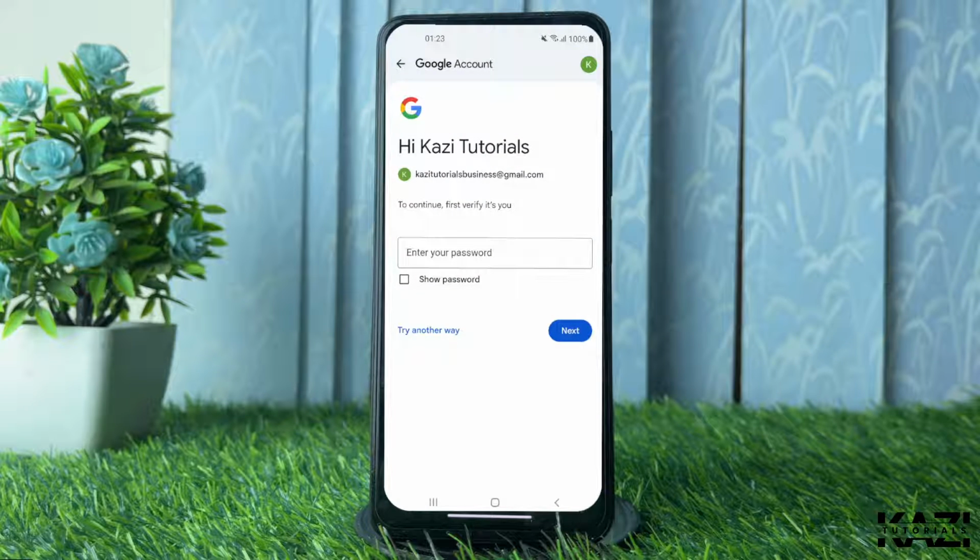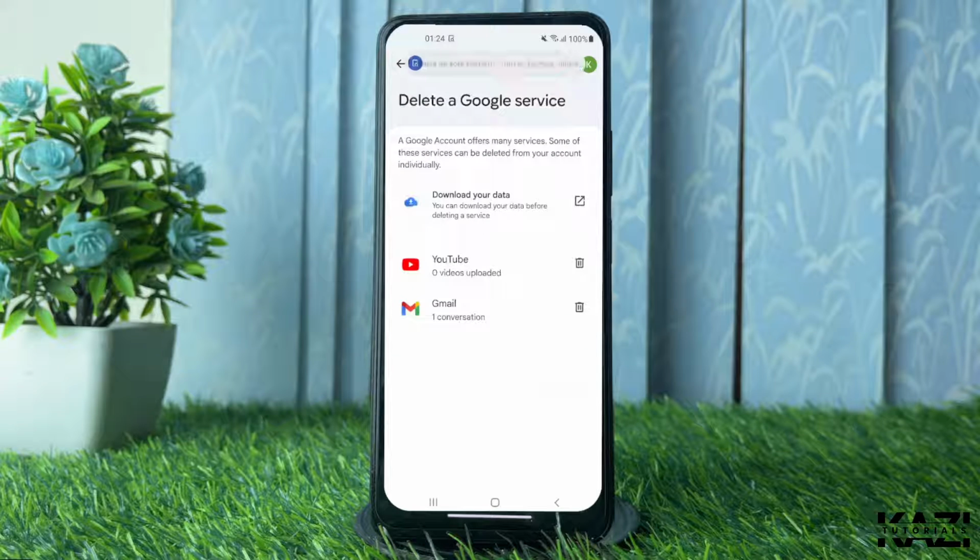and then it will ask you your Google password. So simply type your password. Alright, right after that, you will find out this option YouTube right over here, and you will find the delete button. So tap on the delete option,